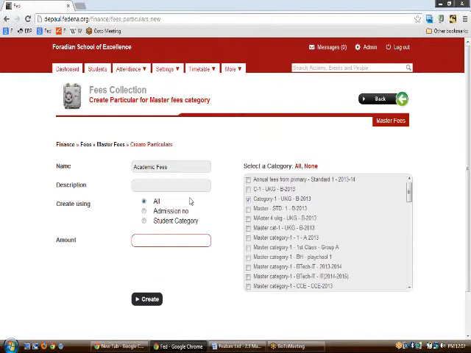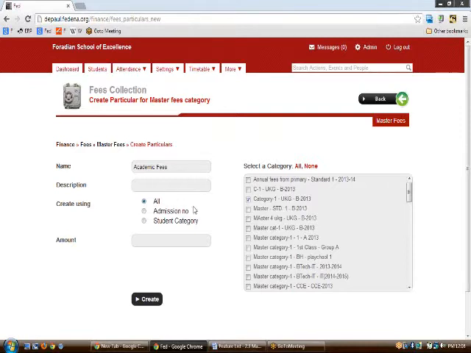But if you opt to have the admission number, then only the students with that particular admission number would be having that particular. And again, we have something called the student category. So as we have divided students in different category, so you can make a particular for a particular student category.